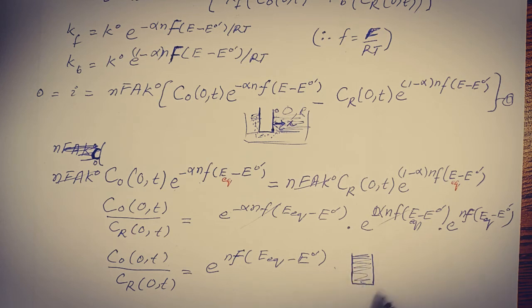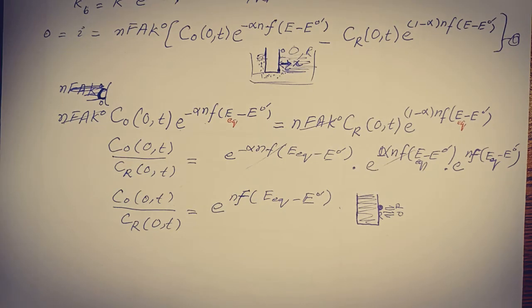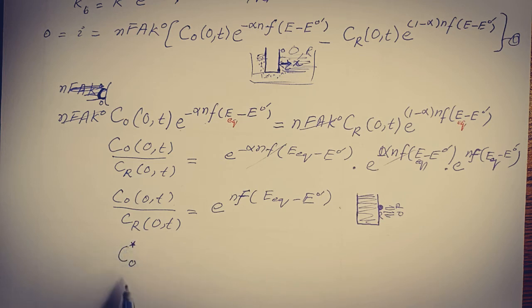Let's say we have the electrode surface. So here the oxidized and reduced species that are present at the surface are also in equilibrium with the bulk concentration. So we can consider this equation as the bulk concentration for both species. So we can consider this concentration that is in equilibrium with the bulk. So we can write the concentration that is represented as star, the bulk concentration, is equal to the